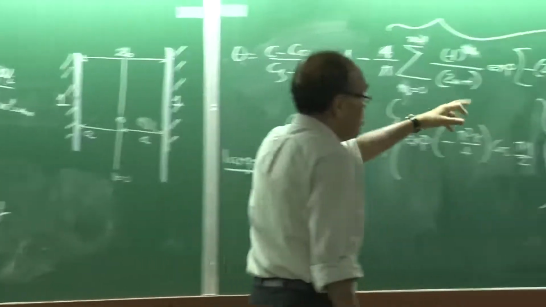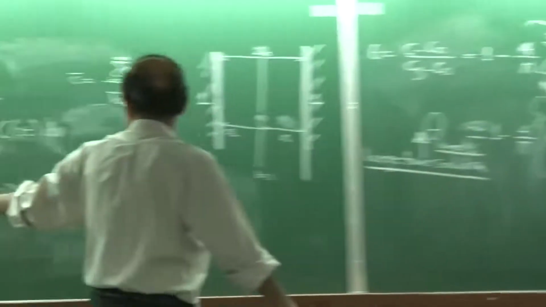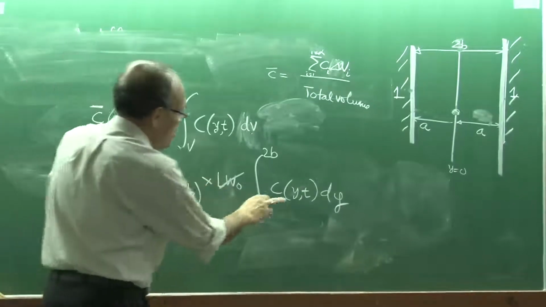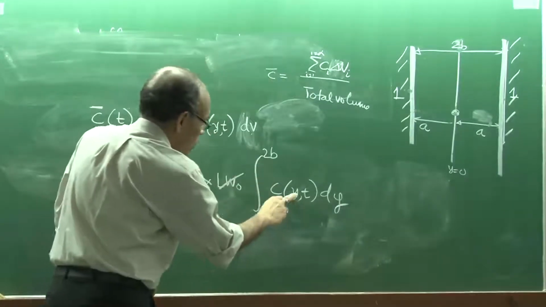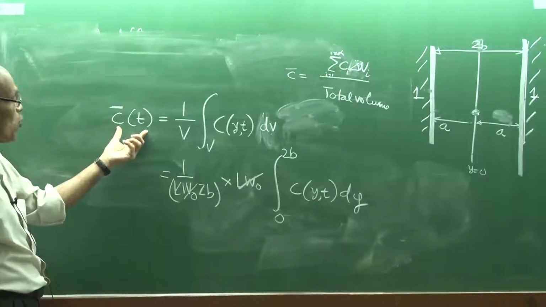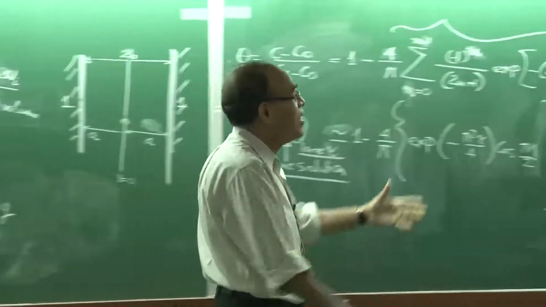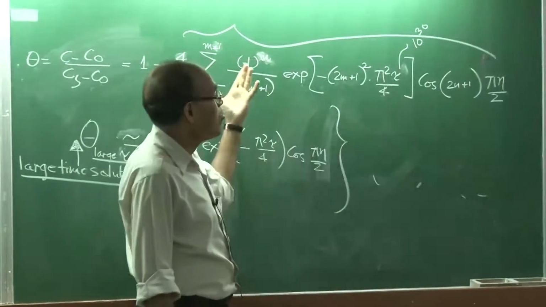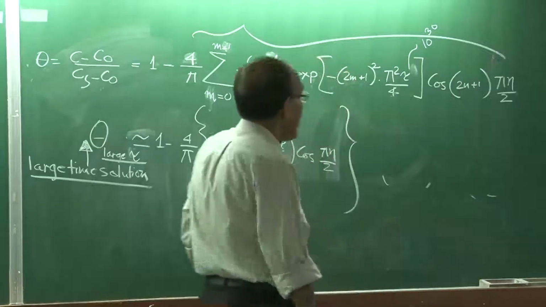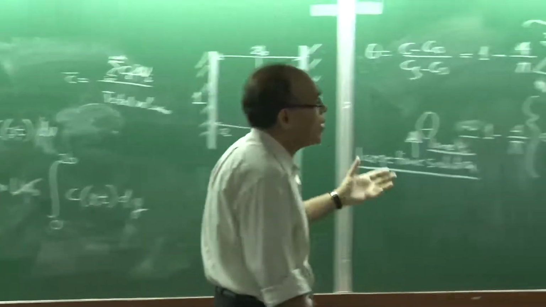Therefore this term is going to vanish, and only the time dependence remains, because in the process of volume averaging, the dependence of y, the resultant expression will show that there is no dependence on distance, because that will fall under integration. When you do space integration, this term will come out, and this term will be integrated between the limits 0 to 1, or sorry, minus 1 to plus 1, and then we will get